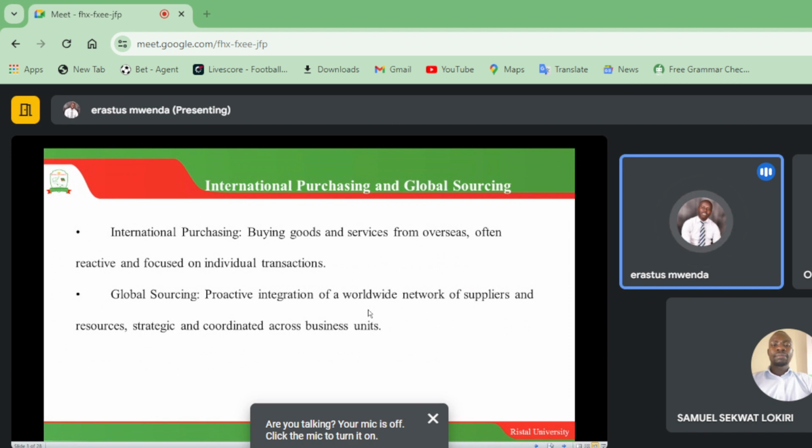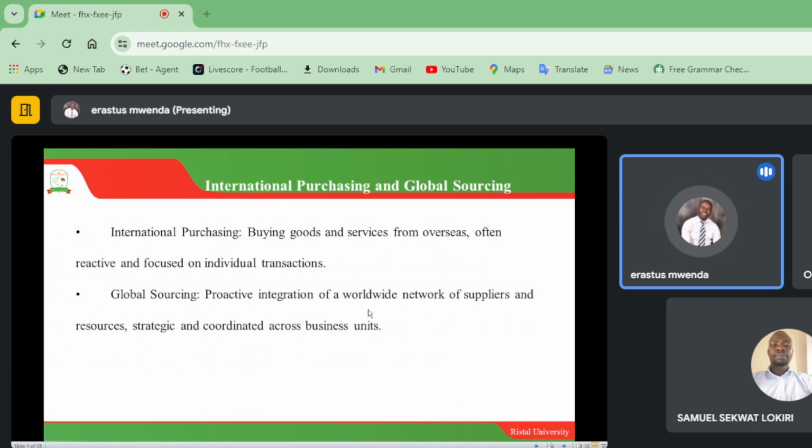This is often done reactively and focused on individual transactions. We will delve more into understanding international purchasing, but the key is the definition: buying goods and services